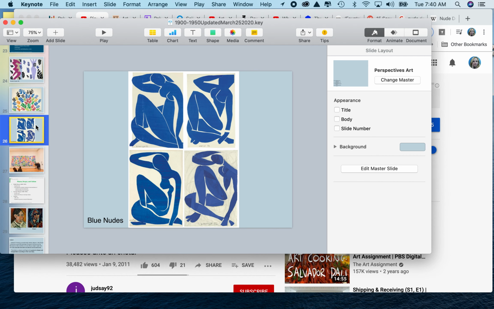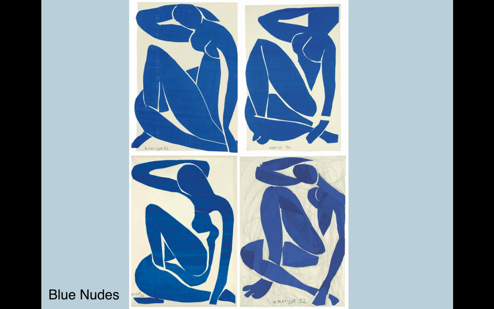Okay, so as we continue on with 1900 to 1950, we had finished up with Matisse and started into Cubism. Now, the important thing to think about at this moment is that artists were exploring a way of abstracting the human body, right? In an interesting way, they had already mastered proportion. They had already mastered how to create a realistic, believable human body. And now artists were trying to create their own version of a human body, right?